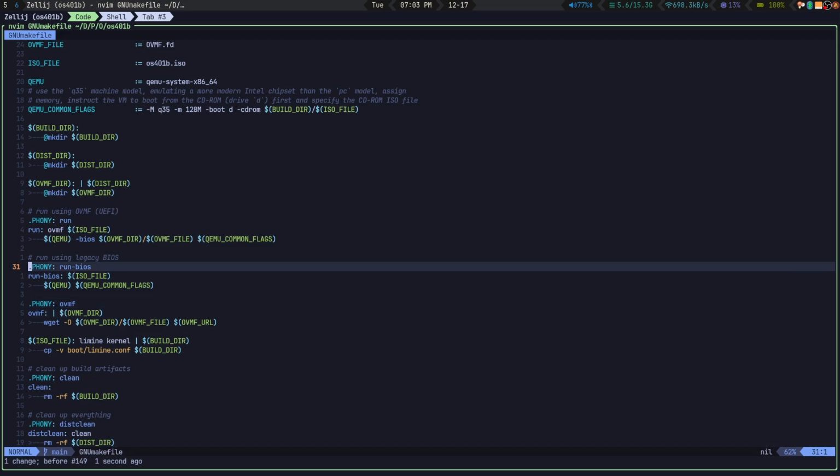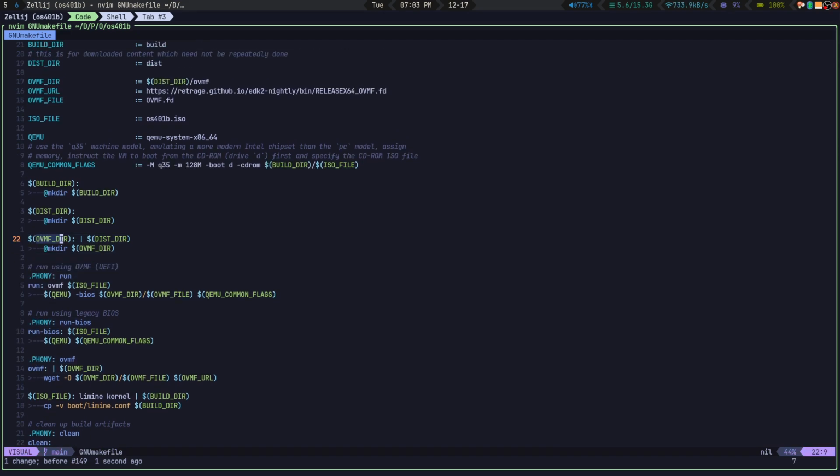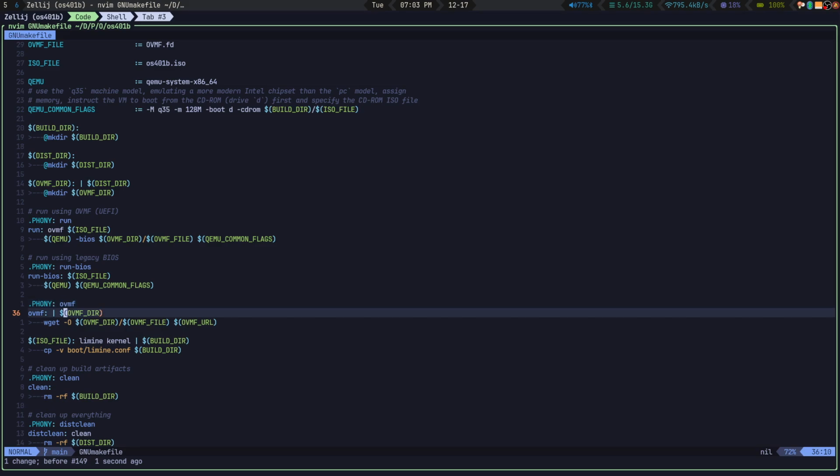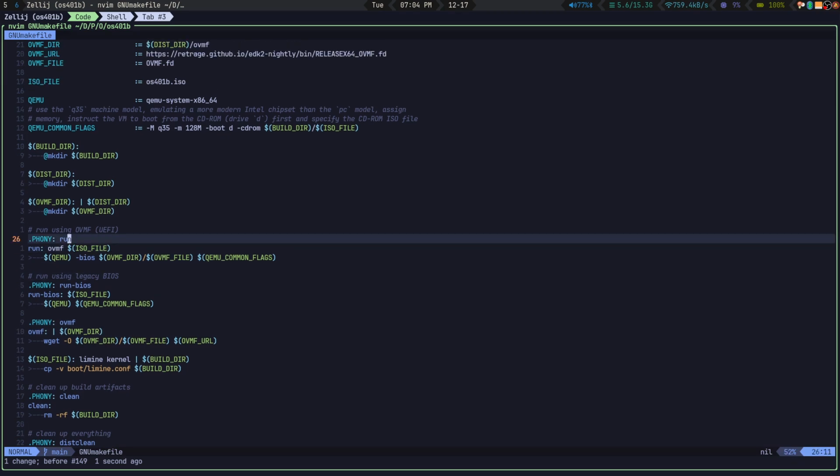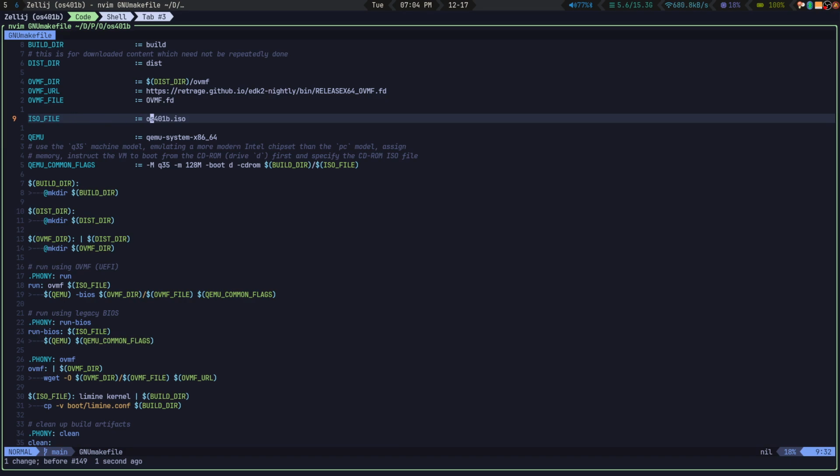But if for some reason the timestamp of this directory is changed, then it's not a requirement that we rerun this target. So we're only specifying the order and not the actual prerequisite. So that's OVMF. And as for the ISO file,